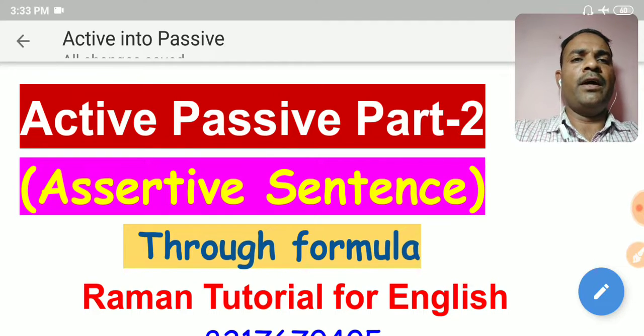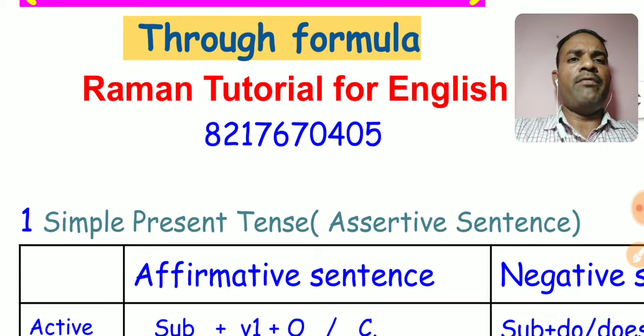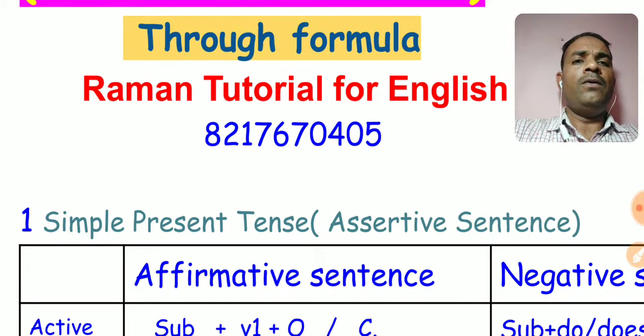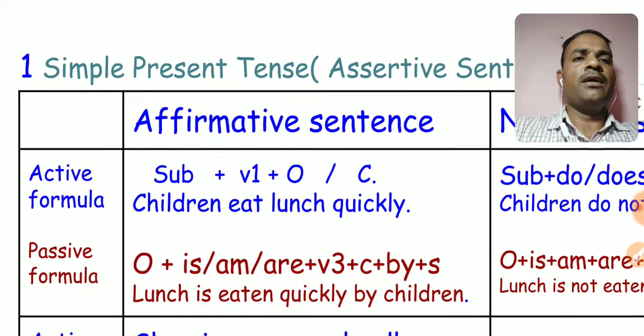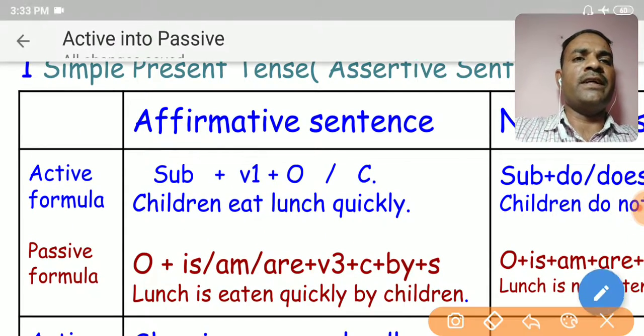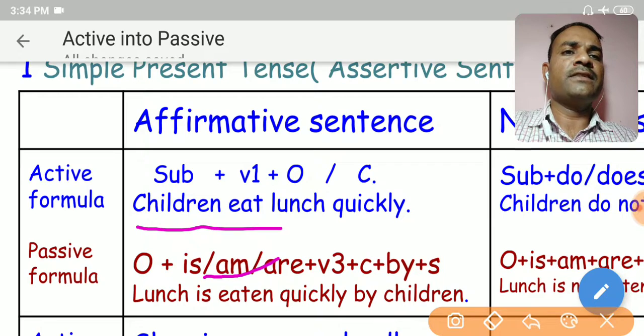My dear friends, in this video we are going to discuss how to convert an active assertive sentence into passive through formulas. See my dear friends, here we are going to learn how a simple present tense active sentence can be converted into passive sentence. See my dear friends, here a simple present tense subject,